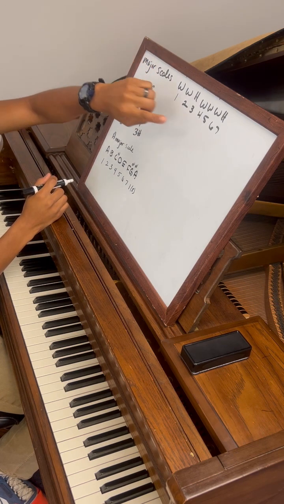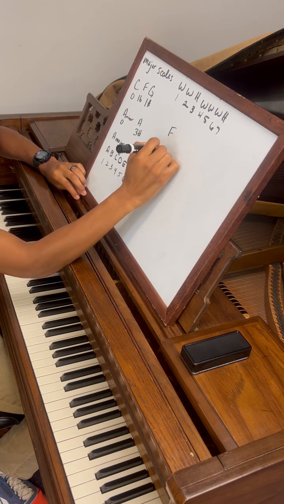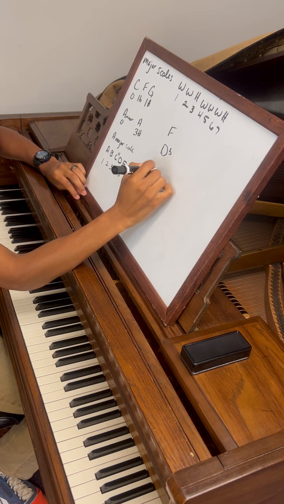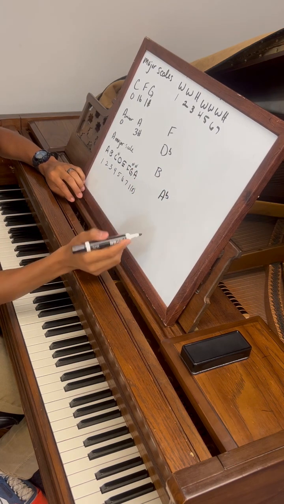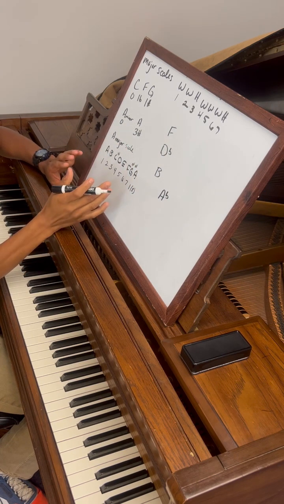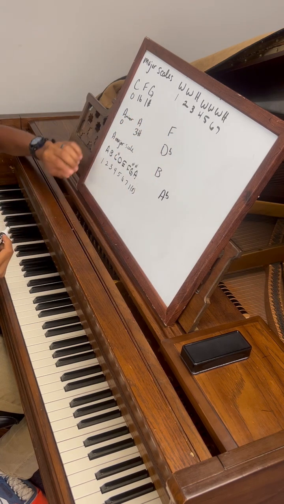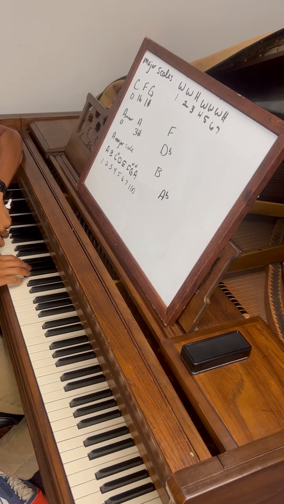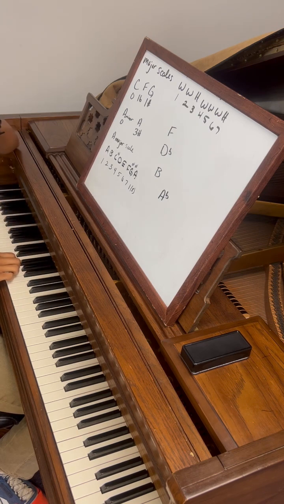Our major scale formula, no matter where we start, I can choose F again, I can choose D flat, I can say, hey, let's go to B, what about A flat? No matter where we are, using this formula, now that we know all 12 notes that are available to us in the musical alphabet, I can create the scale because I know what step is next. So just to do that quickly, we've already done F. B flat is the one flat that's in there. If I go to D flat,